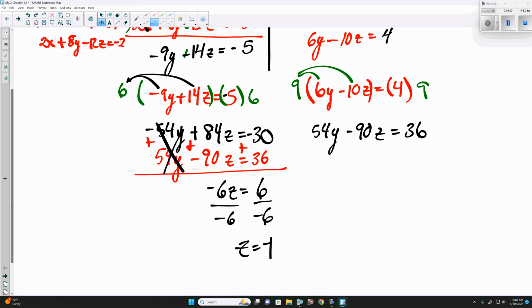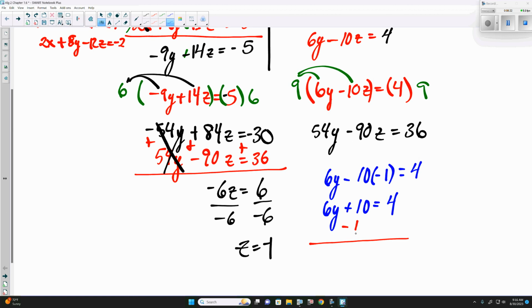Now at this point, we can pick one of the two equations above to solve for y. I'm going to take the negative 6y minus 10 times z, but we replace z with negative 1. Negative 10 times negative 1 is going to be positive 10. Minus 10 on both sides, so 6y is equal to